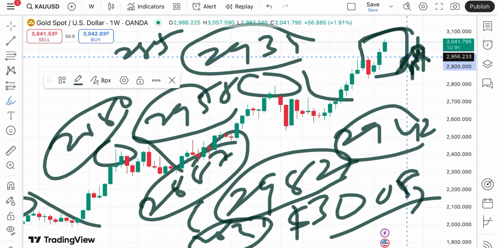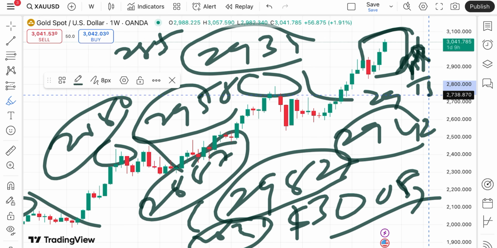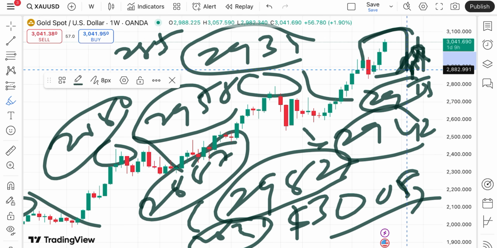So probability is high that if the price started going below a level of $29.53, then we can see a further downfall. So chances are high it can move towards $28.82, to a level of $28.61, and then towards a level of $28.38. Okay, any doubt regarding this you can mail me.